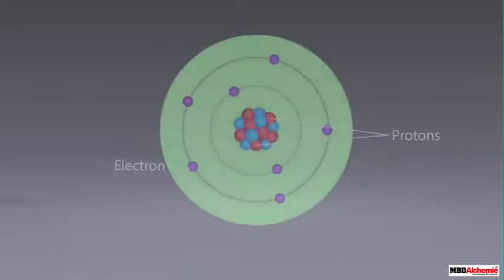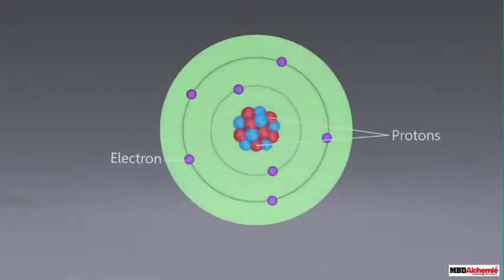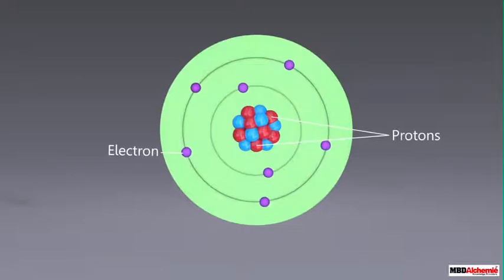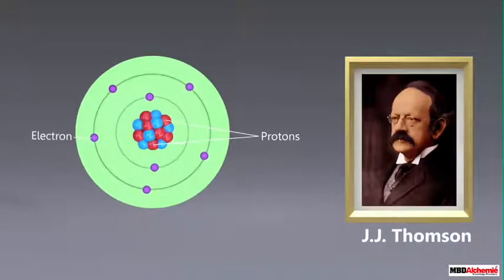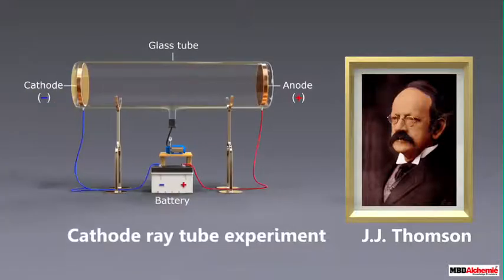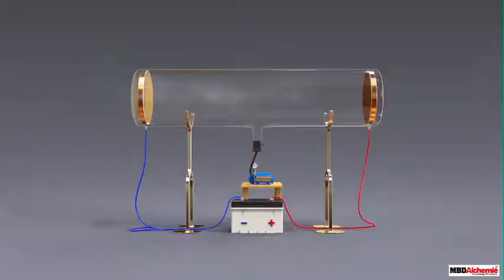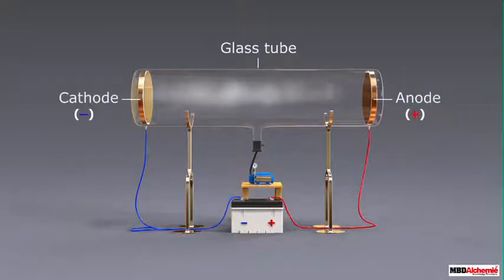Now that we know what these are, it is also important for us to know by whom they were discovered and how. The credit for the discovery of the electron goes to Sir J.J. Thomson. An experiment that helped him discover this was the cathode ray tube experiment. The setup of the experiment consisted of a glass tube containing a gas and two electrodes at its two ends connected to a battery. The gas inside the tube had a very low pressure, which was maintained with the help